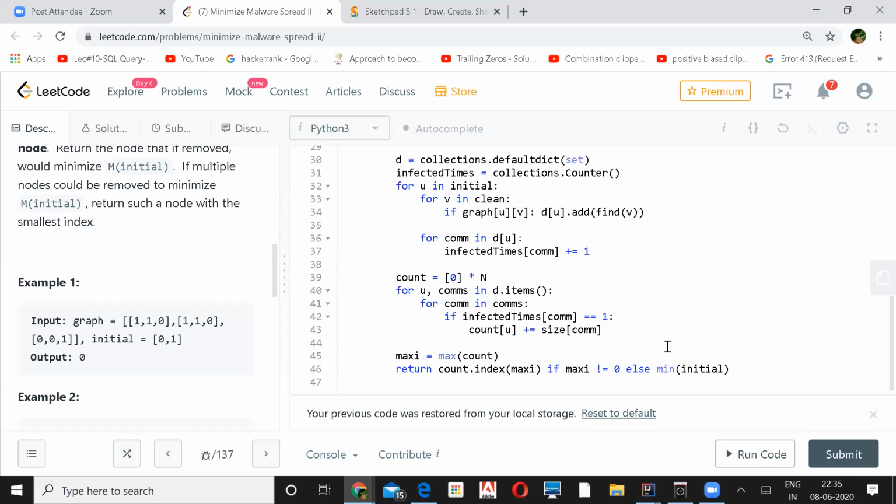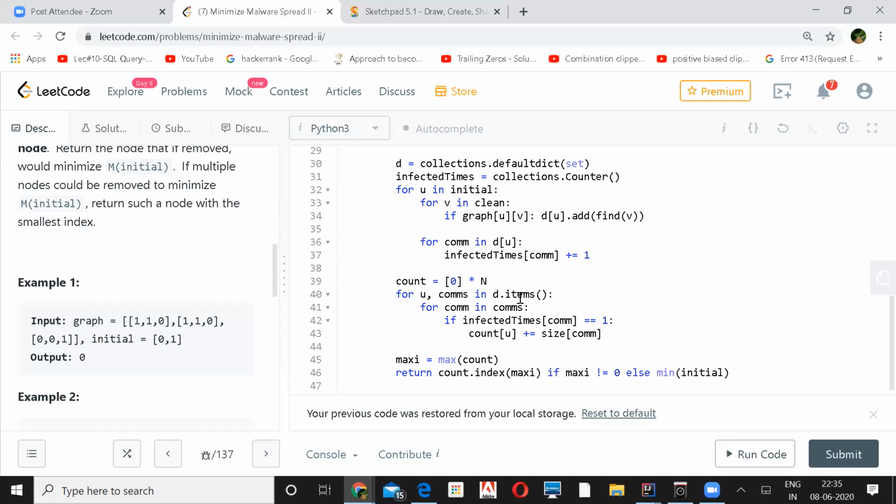I think it's not clear. But why the infected times on line 42? I also didn't understand it when I was working on this approach. Why does it have to be considered only when it equals 1? Because it might be more than 1 also when the initial value is bigger, right? I mean, 1 means it's the second time we are visiting it. That means it's already duplicated, no? Oh, okay. So only the initial time you actually look for it. Yeah, exactly. The next time you find it's duplicated.